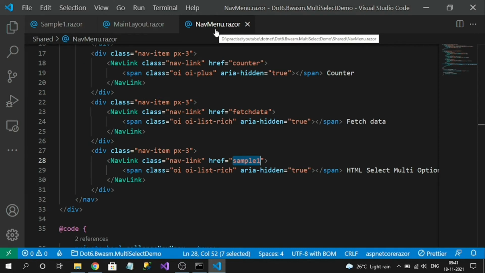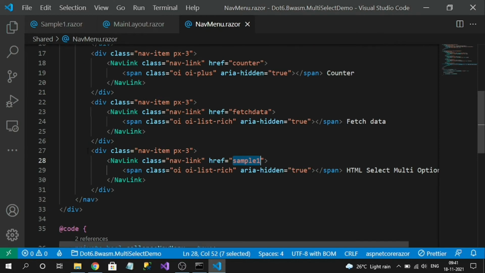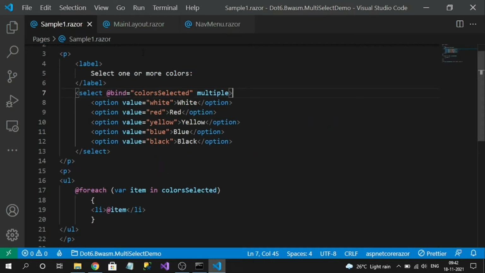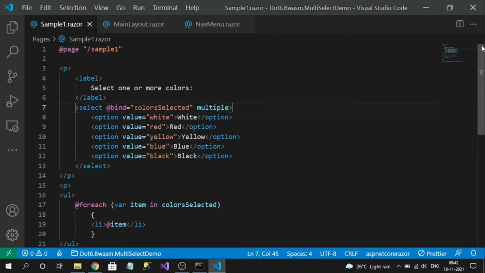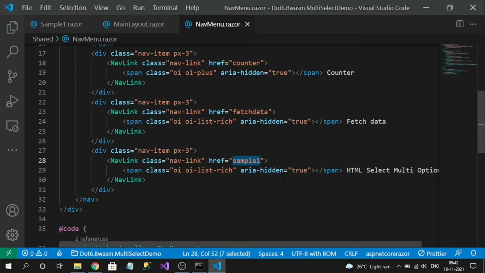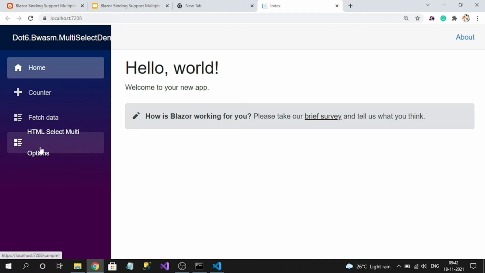Now in the NavMenu Blazor component, I have added a new menu link, Sample1. In the href we need to define our component route, which we created as sample one. I have declared it here. So let's run and test our example. Here is our new menu.